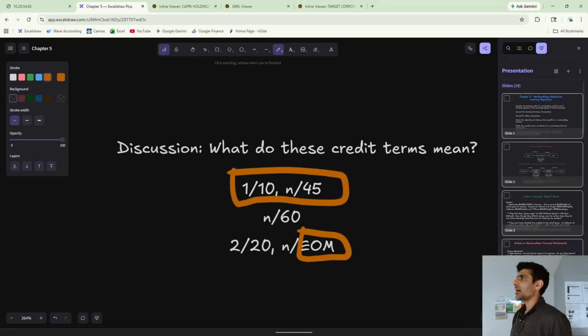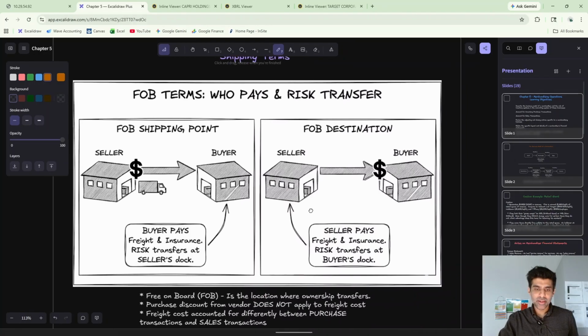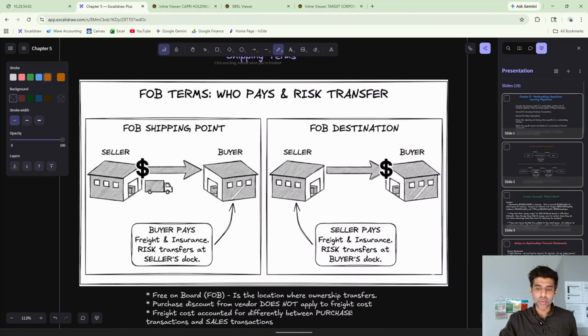Okay, so the shipping also matters, and there's some terminology that we should just talk about. FOB, okay? This is a shipping term. It stands for free on board. It's basically where ownership is exchanged. So FOB Oakland Port. If you bought something from Vietnam, and the terms of the sale are that it's FOB Oakland Port,